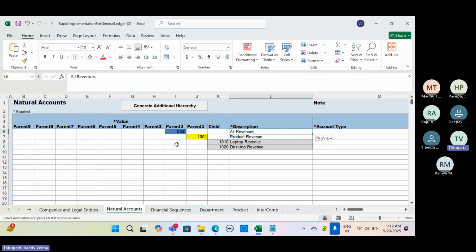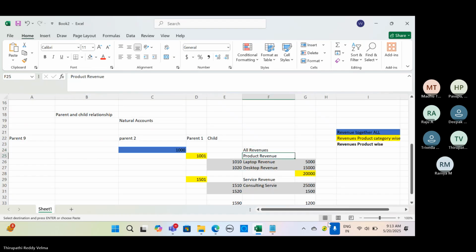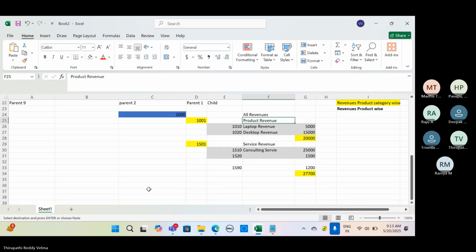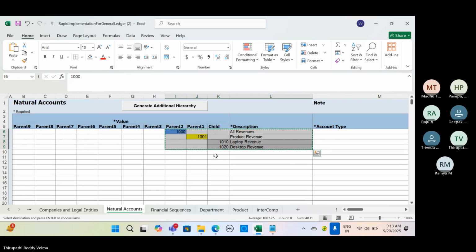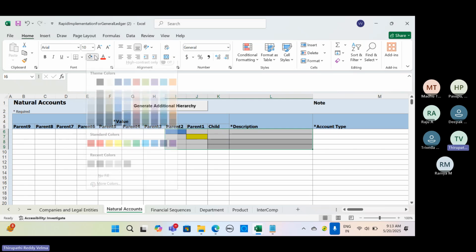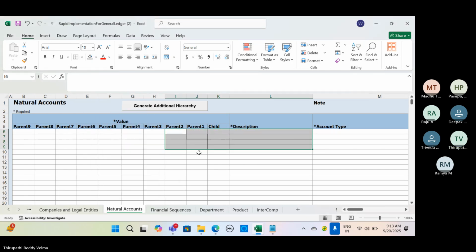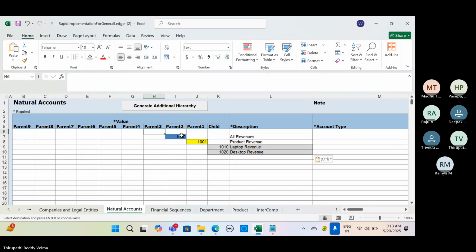So now I can even add one more concept, right? Just bear with me, please. Maybe I can even use the